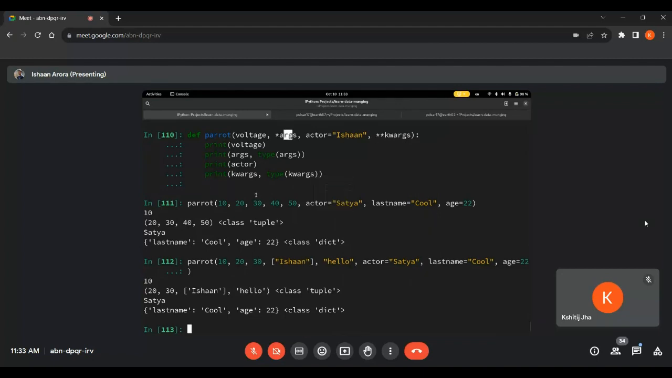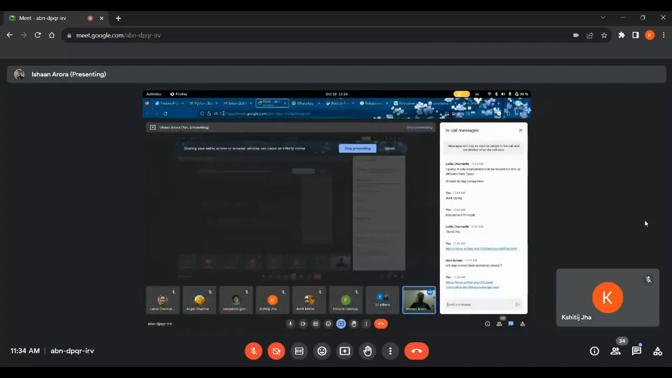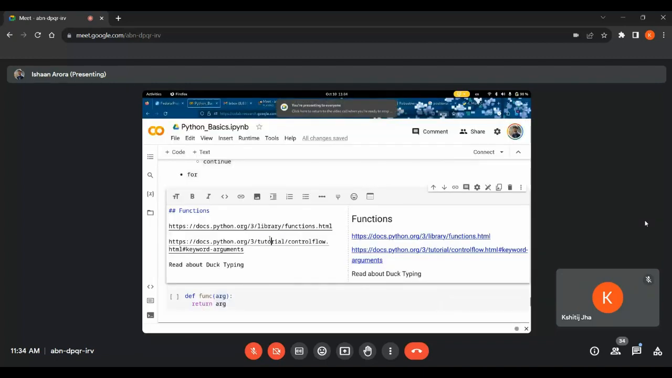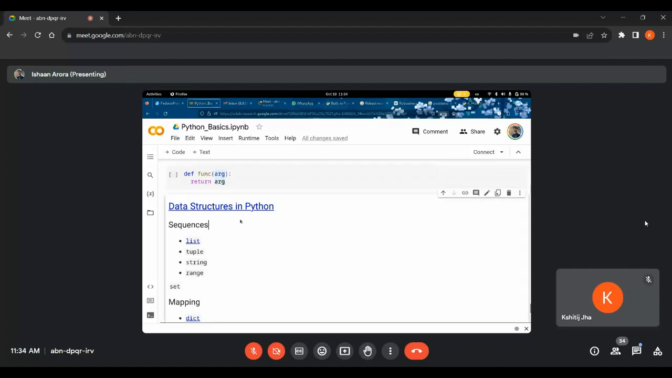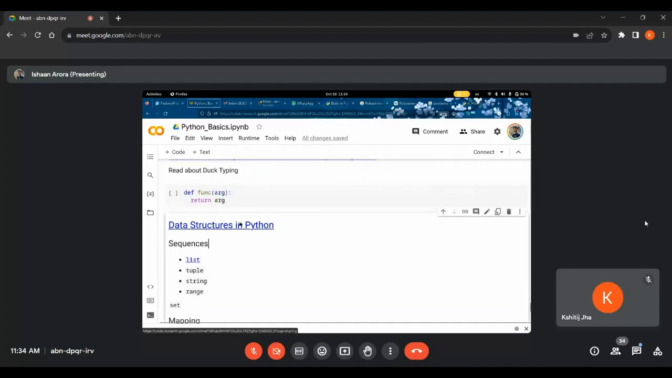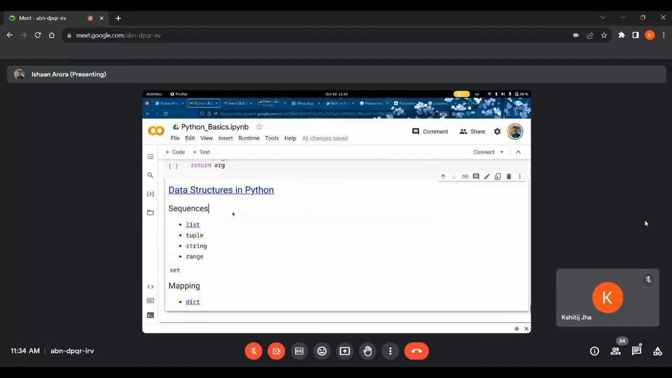So yeah, these are functions, and anything else in functions. I mean, functions are a whole topic on their own. We can spend 2 days just on functions, but we should move on to data structures in Python. All right. So